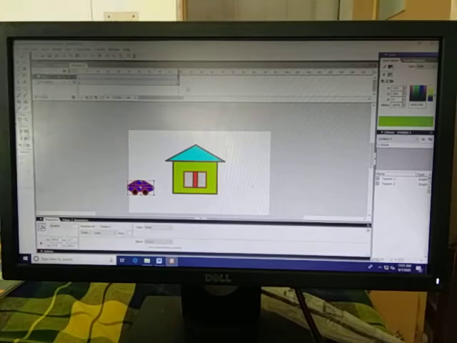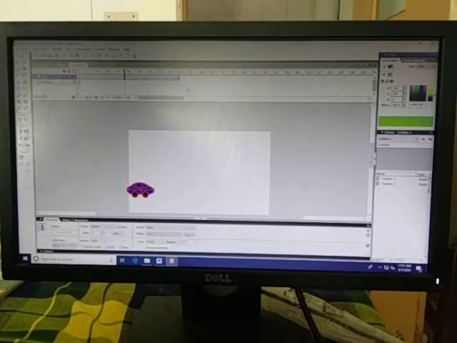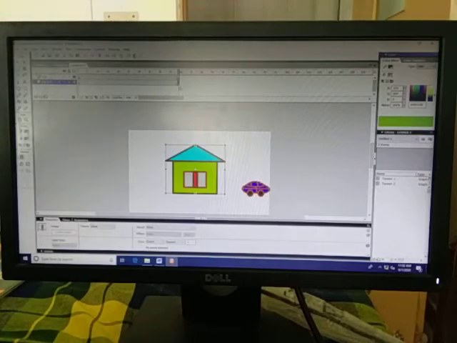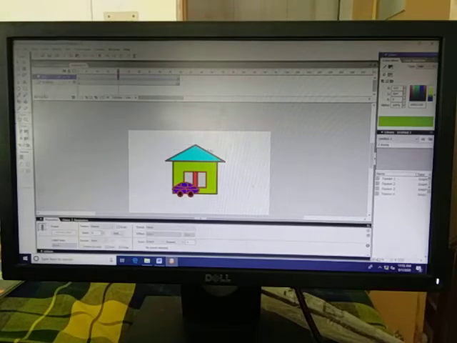Sorry, one thing I have not done. So I am going to take this one and change the location of this car from here to here. Okay, then I am going to apply F6, a keyframe, and then I will put the create motion tool here.